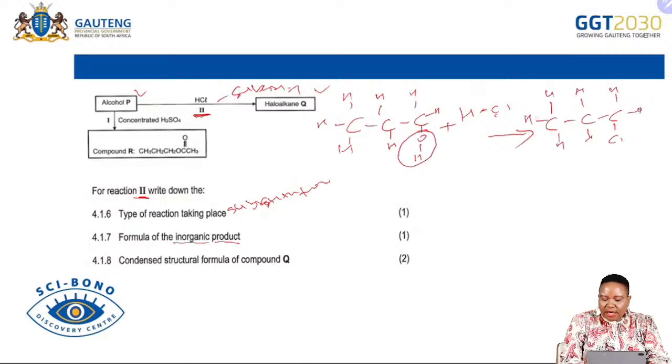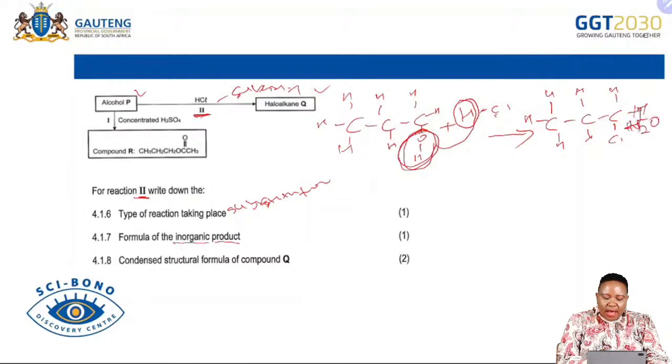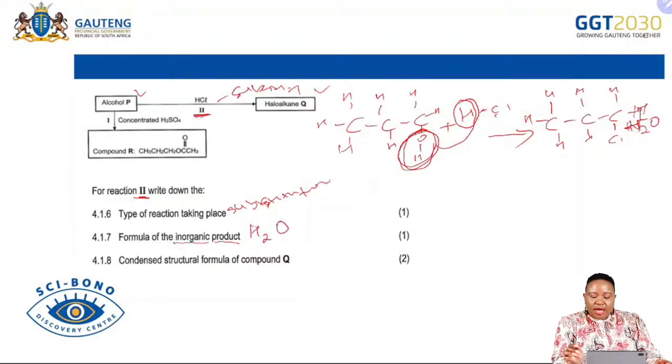Make sure that you always write the number of carbons. Now, remember I have replaced OH with Cl. So OH will now be left stranded. So what is going to happen? OH will just combine nicely with the H that was also left when I was doing substitution. And I will get water as one of my products. So it means the inorganic product that will form during this substitution reaction is water, because it is the one that was formed from the OH of the alcohol and the H of the